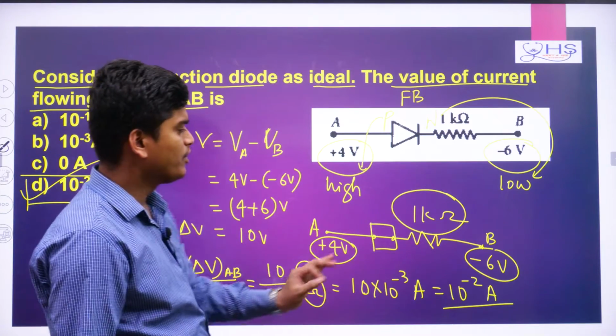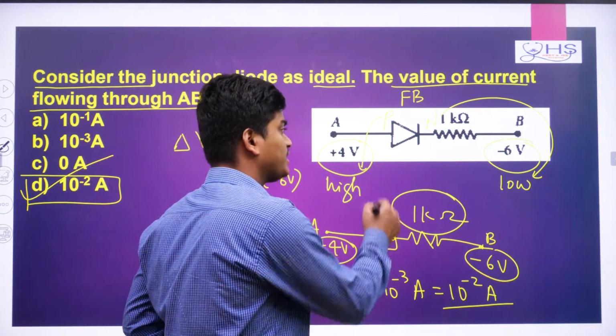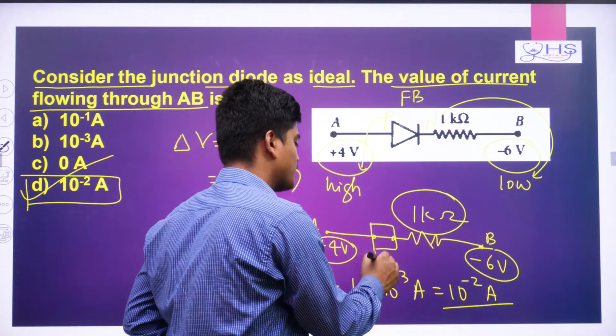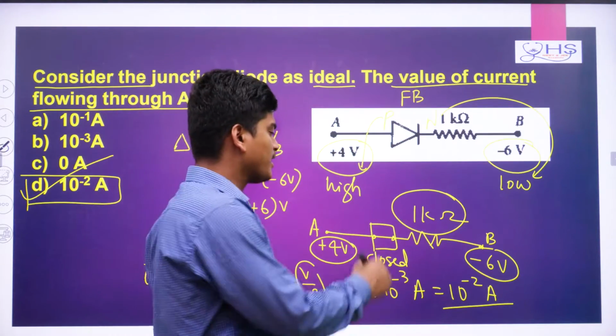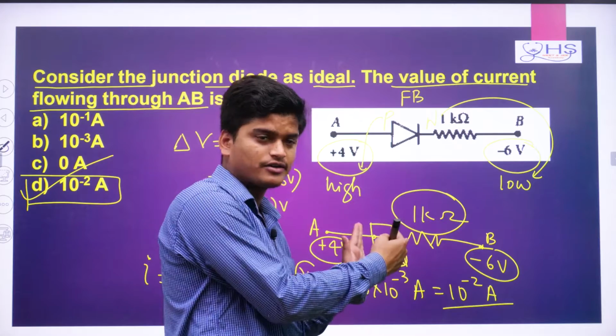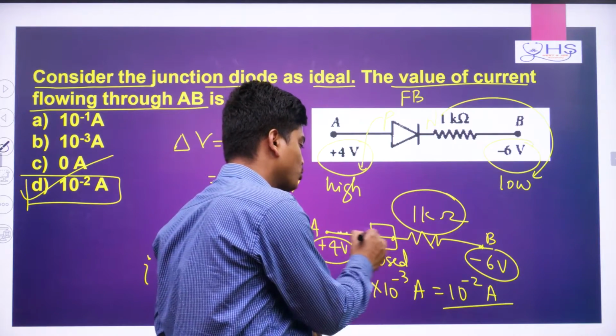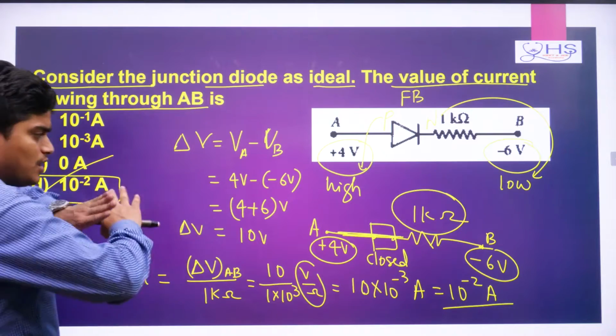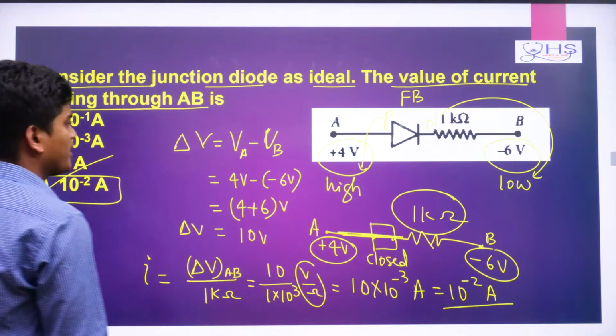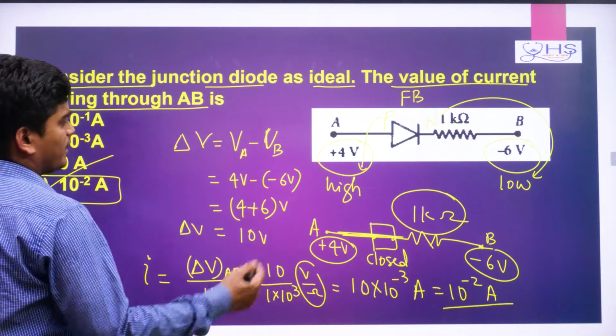Okay. So remember, if a diode is working, that means forward bias, then it acts like what? Closed circuit. If not working, then open circuit. Okay. So this box is just keeping that I have a diode there. Okay. But here actually you can put like a normal wire. And box I am keeping there means I am assuming my diode is there, but it is now behaving like a wire. Okay. So now we will go to the next question.